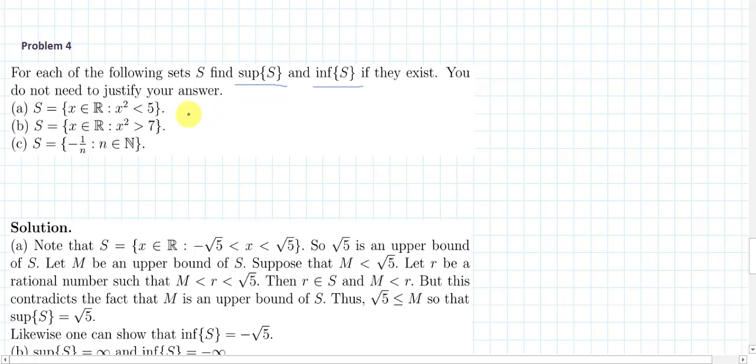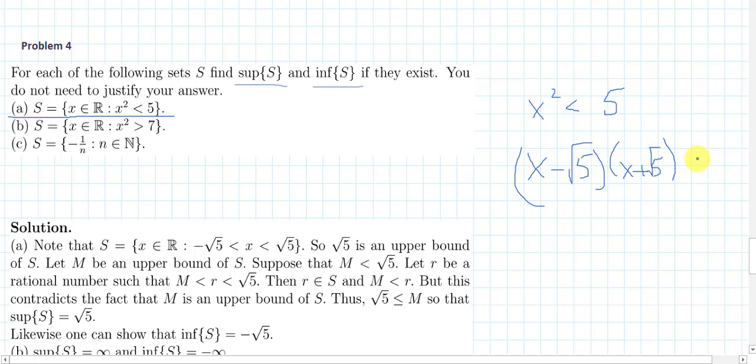So now let's consider the first one. x squared less than 5, and if we solve it, it will be x minus square root of 5, x plus square root of 5 less than 0, or the answer is x belongs to the interval minus square root of 5 and square root of 5. So square root of 5 is an upper bound of S,